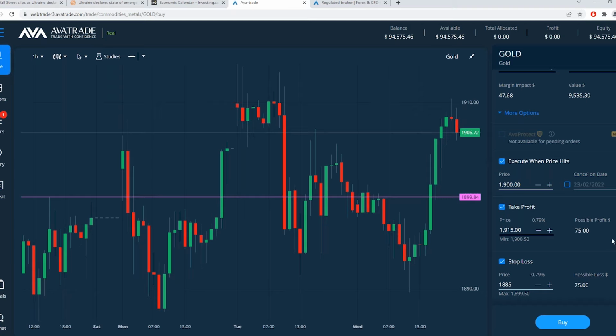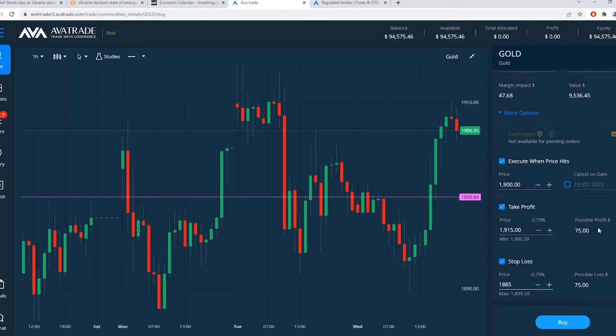And maybe you feel that if you do get that price down at 1900, that the fundamentals are on your side with all the fears of inflation and now fears of war, that maybe gold would bounce back up off of a price like 1900, especially after this bullish run up right here. So you could be excited maybe to try and get a price at 1900 to buy from if that's how you feel about gold right now. I think technically speaking, fundamentally speaking, this even risk reward might make sense. If you can catch a price down at 1900, it could be a favorable price for you with this strategy set up.